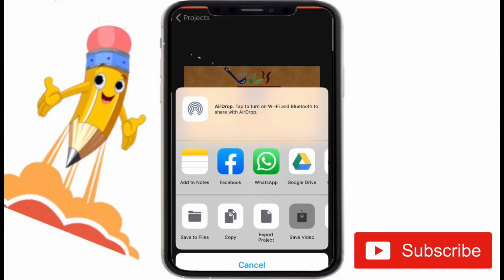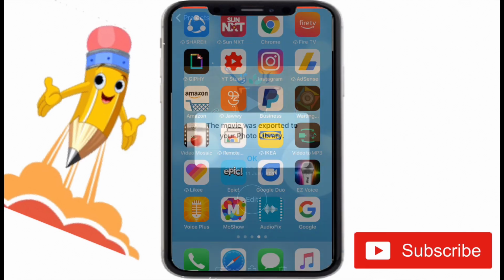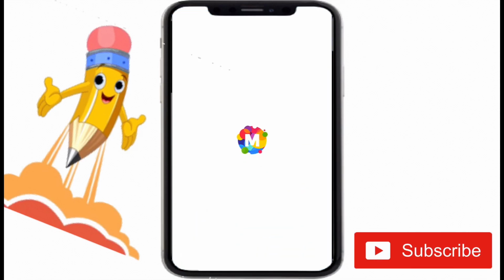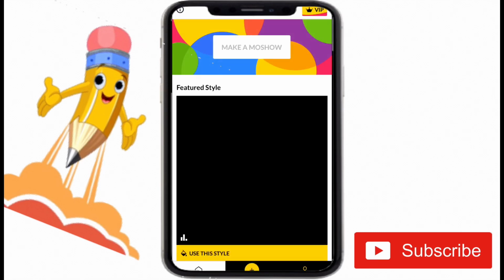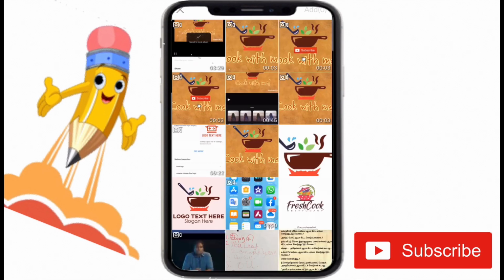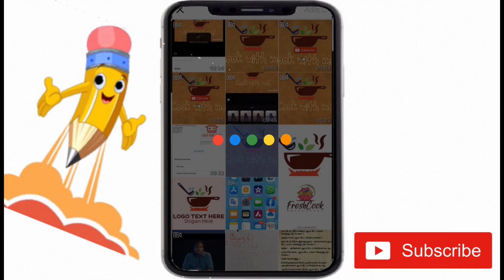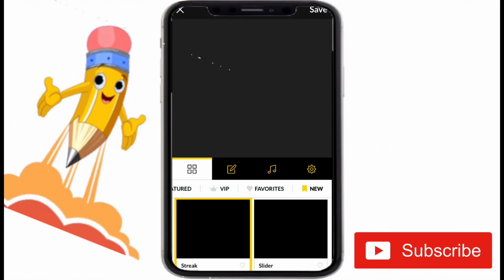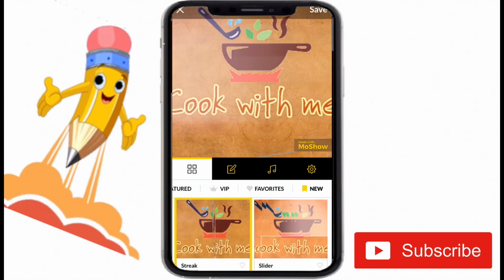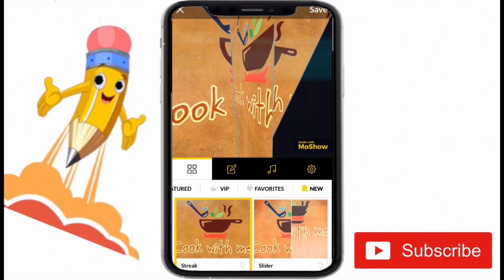Okay, now next we move on to the animation in another app. So I told you that you can do it in Viva Video. Now we can do it in another app that is called Motion. Okay, I don't know whether it is available in the Play Store. Please do check it out and comment whether you found the app Motion on Android. Okay guys, so in each app you need to learn its own methods. For Viva Video we had lots of accessories which are free, but in Motion it's not like that. But the animation effects in Motion are really good.